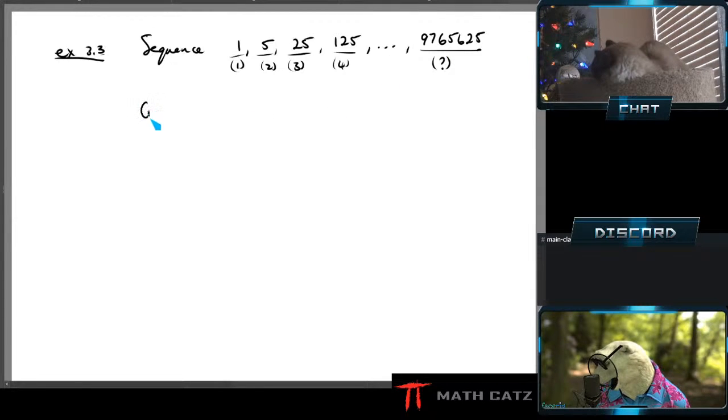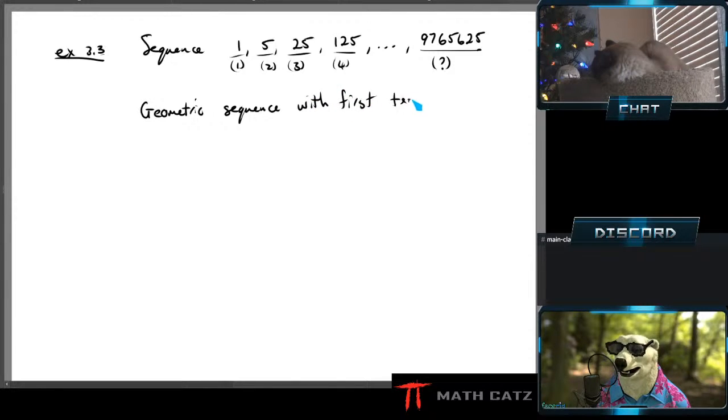But to start with, I am going to identify it as a geometric sequence with first term 1 and ratio, also a very nice number, 5. So I set it up in a familiar way. I understand the sequence, therefore I have all the formulas. Great. Now, if you remember, and I of course assume that you remember everything